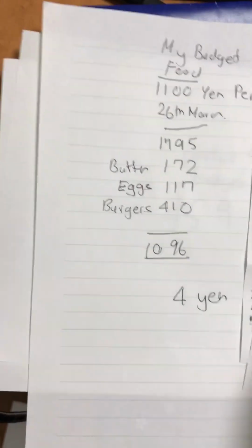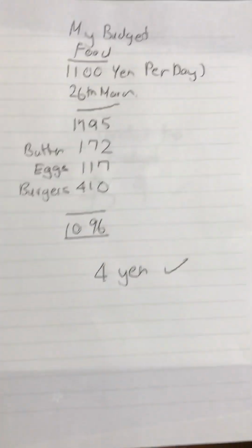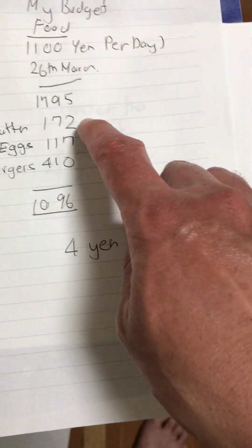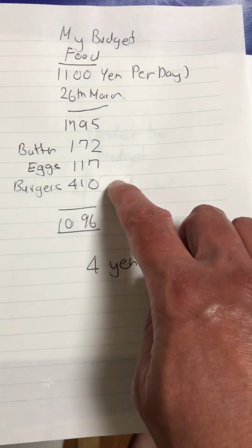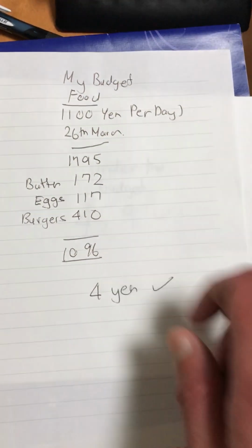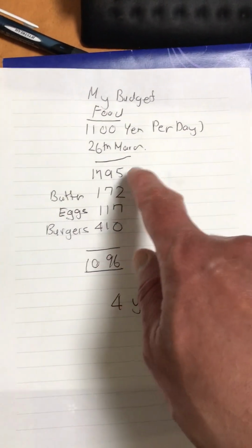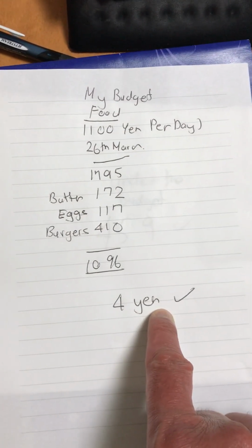And then moving on to the 26th of March. 26th of March, I actually went 2 times. 149 plus 1,646. So that actually came to 1,795. But the butter, 172. Eggs, which carry over for 2 days. And the burger, I actually bought 2. So that would be for the next day, because it was kind of discounted. So I bought it. So if you deduct that off that, it's 1,096, which was actually 4 yen under